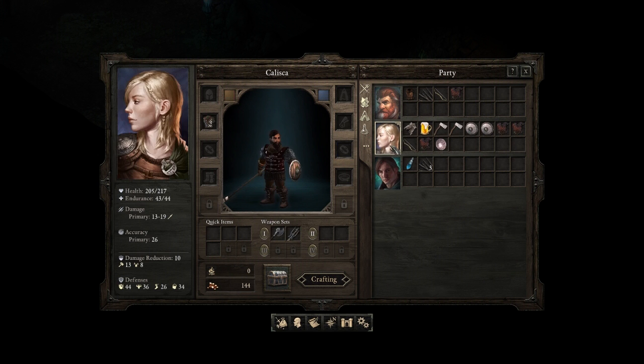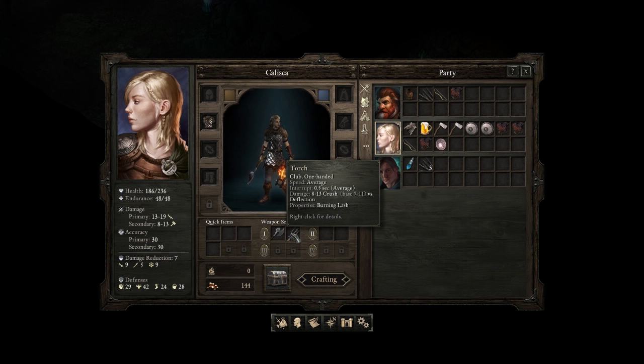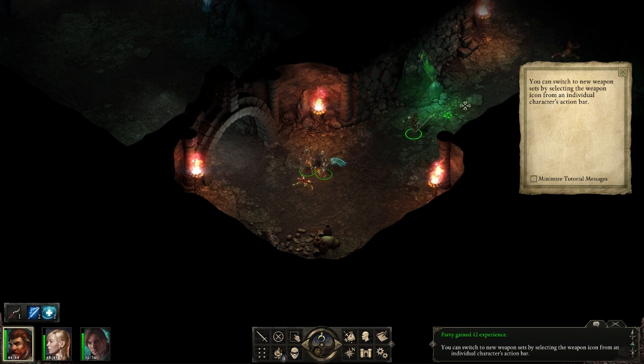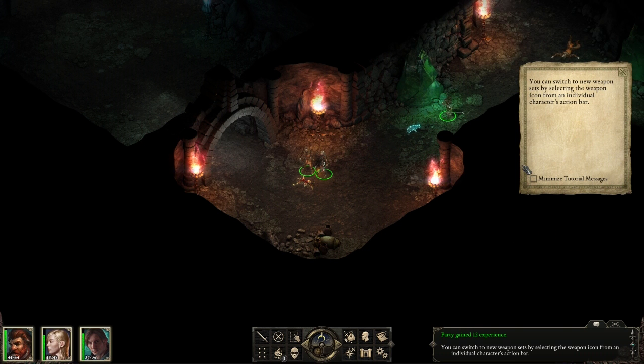Okay. And then you guys actually have weapons, right? Cool. What is this? Oh, it's a torch. Oh, she's beating them with the torch, hence why we've got fire. Alright, well, that works for me. So now we actually have a weapon. How did I not realize I was missing a weapon? Well, that is embarrassing. You can switch to a new weapon set by clicking the weapon icon from the character's